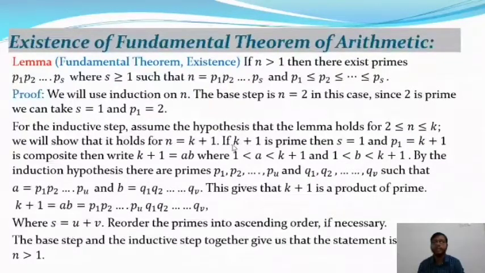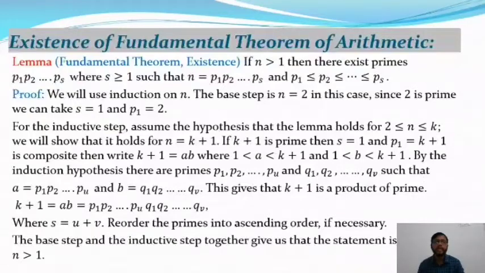If k plus 1 is prime, then s is equal to 1 and p1 is equal to k plus 1. If k plus 1 is composite, then we write k plus 1 equal to a times b. When it is a composite number, it can be written as a times b, where a and b are two numbers lying in the interval 1 to k plus 1. That means 1 less than a less than k plus 1, as well as 1 less than b less than k plus 1. So by the induction hypothesis, there are primes p1, p2, up to pu and q1, q2, up to qp